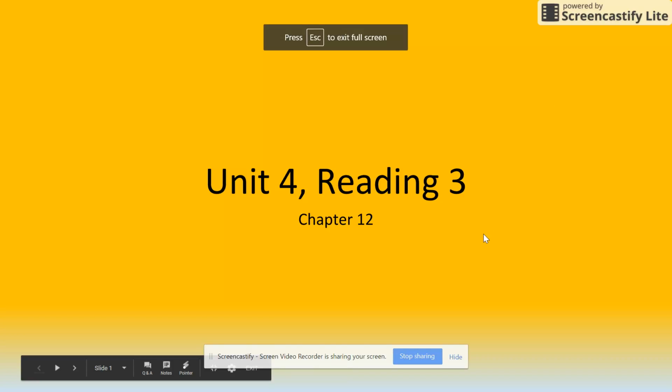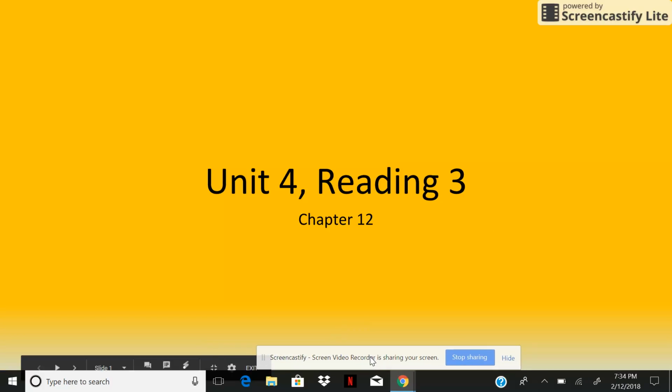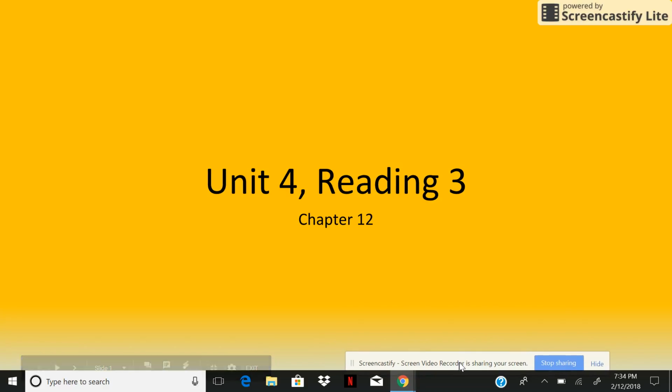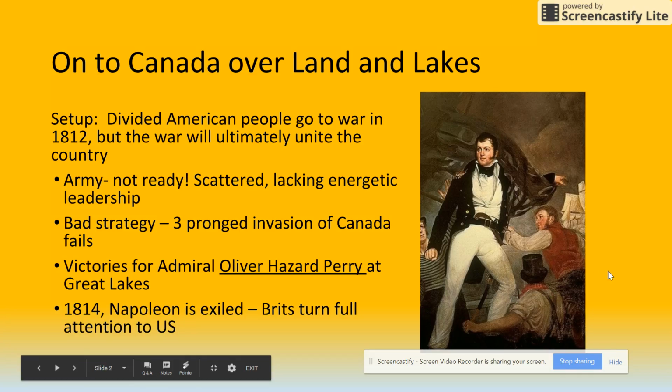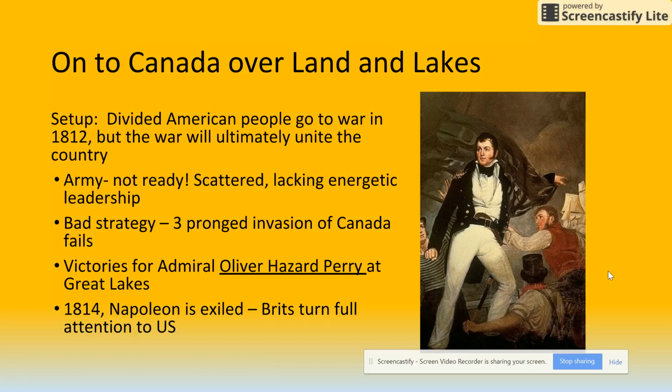All right, guys, we're going to go ahead and take a look at the first set of reading notes here from chapter 12. So, in terms of units, this will be unit 4, and it's reading number 3. Okay, so kind of where we left off yesterday was with the beginning of the War of 1812, and obviously